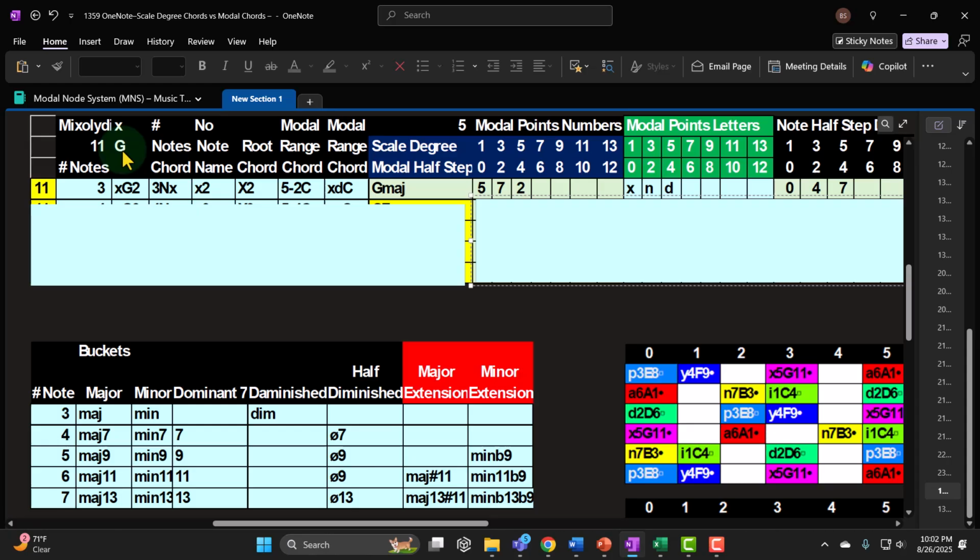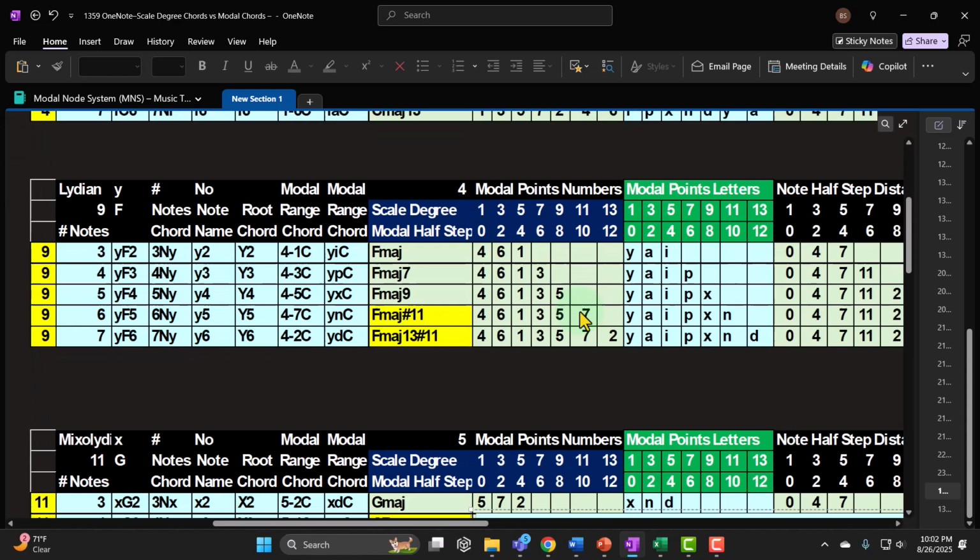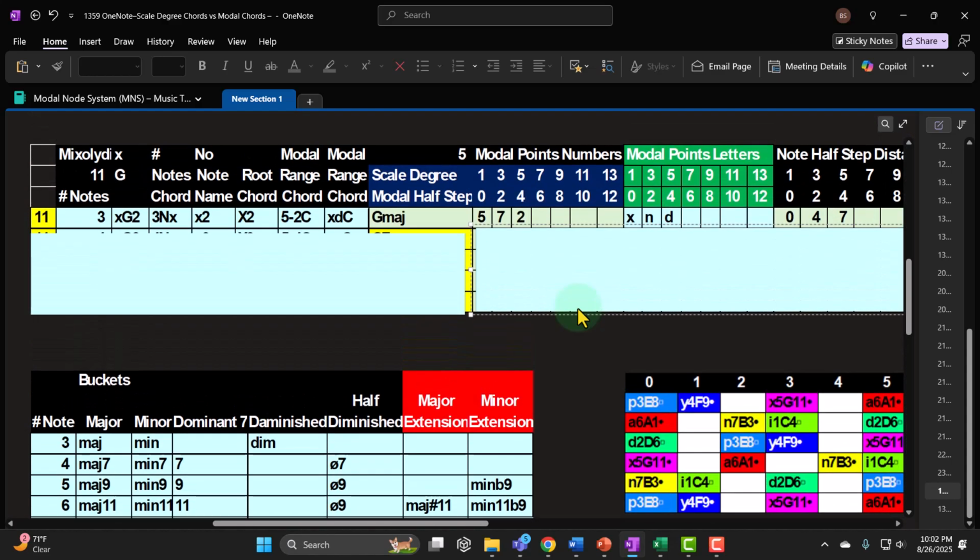You could do that, but I think the standard convention, and the one used in the Nashville number system right now, is the right one, right? It's nicer to say, look, I'm in the collection of notes around the key of C so that you can easily determine which collection of notes you're working in, right? And then say that the tonic you're going to have in that collection of notes will be the G, or the Mixolydian node. So I'm working around the Mixolydian node as the tonic, naming the collection of notes from